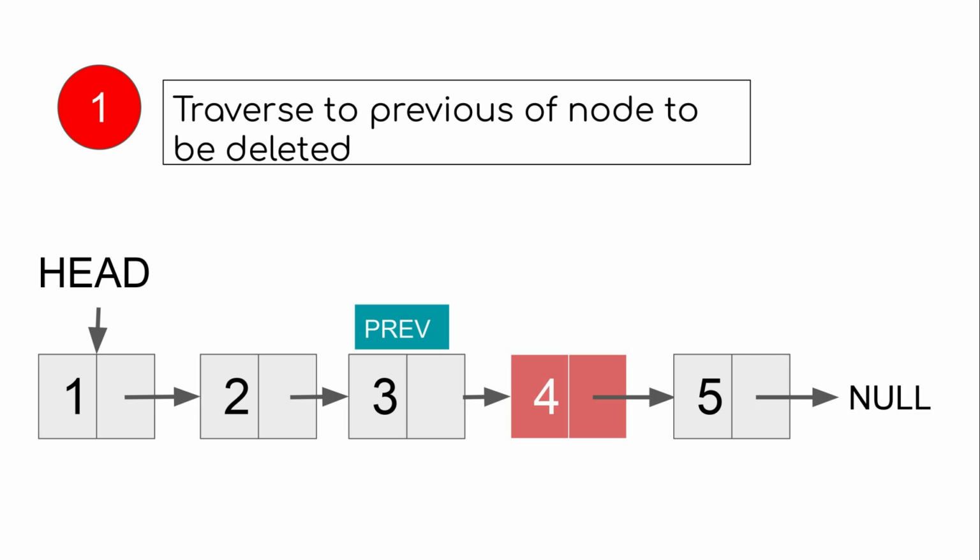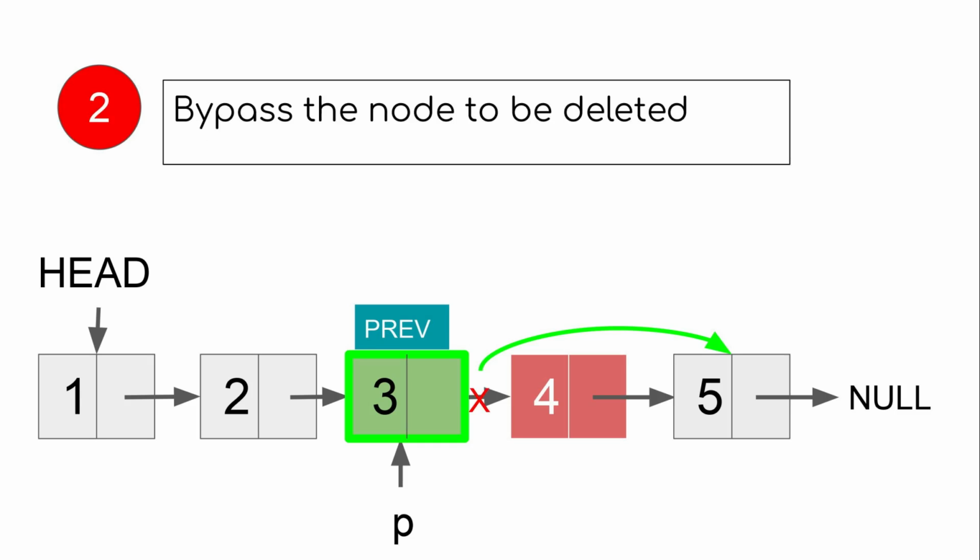The first step will be to traverse the list up to the node previous to the node to be deleted. So here the position of the previous node is 3. Now we assign the head to node P and move it to the next position previous position minus 1 times. So previous position was 3, right? So it will be 3 minus 1, which is 2 times. So I have to move it to the next 2 times. So here we go. 1 time, 2 times. Okay. Now we are at the previous position.